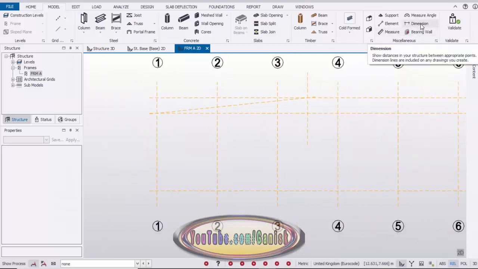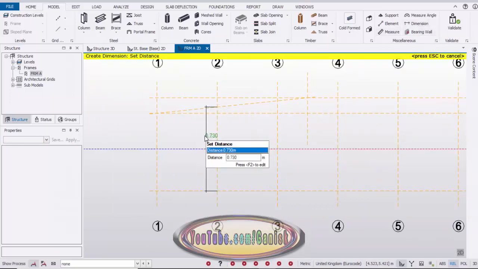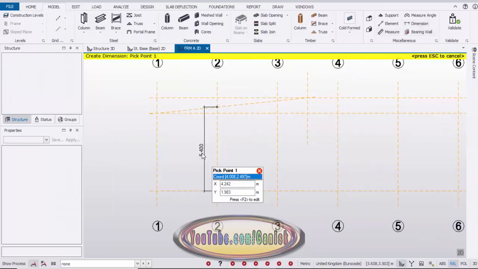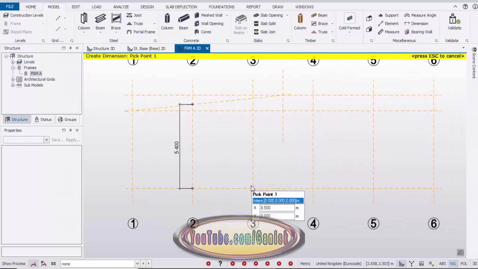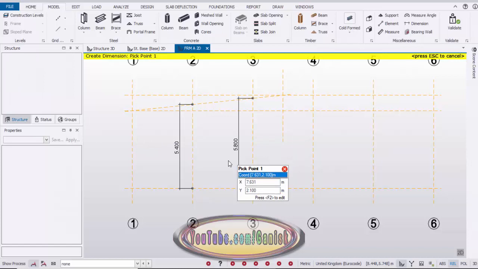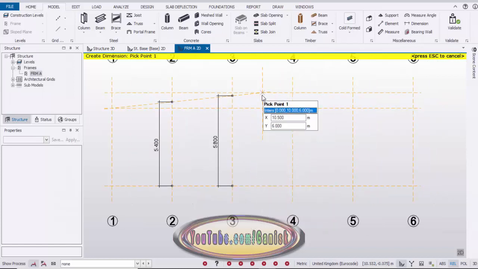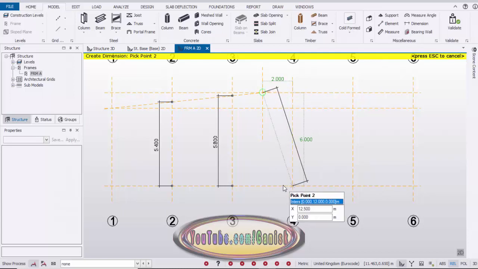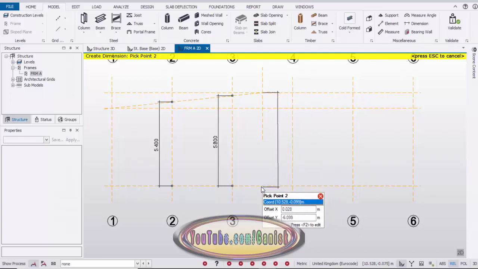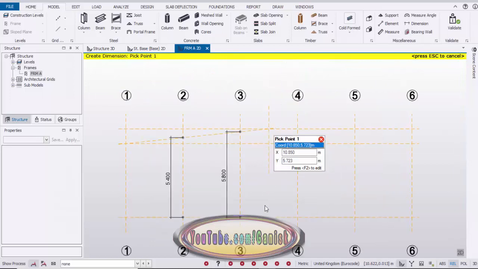So click on Dimension and pick the first point and the second point and place it here. You can see we have 5.4 meters. Click the first point and second point and place it here. We have 5.8 meters, and similarly we're going to take it from here perpendicularly. We already know that it should be 6 meters.